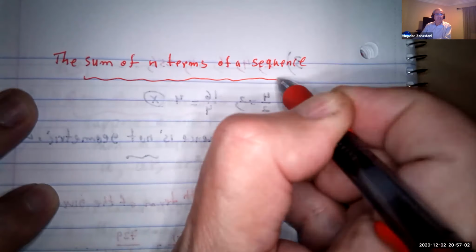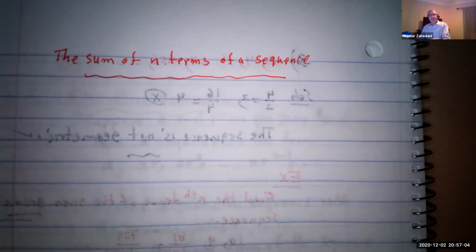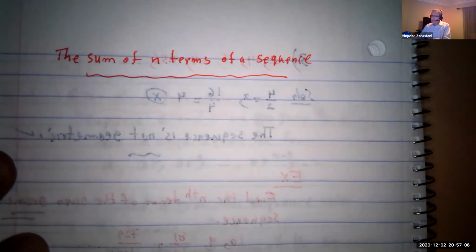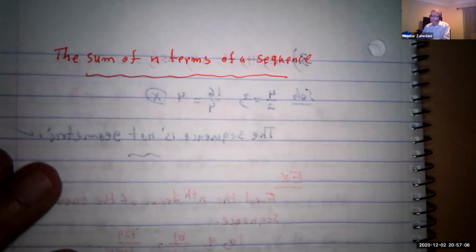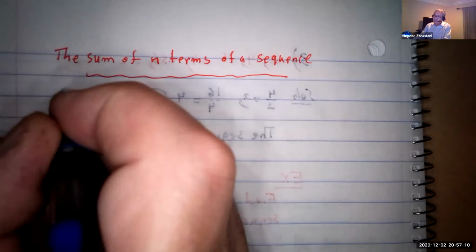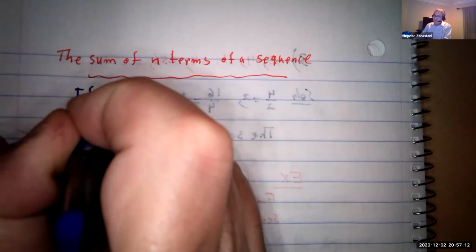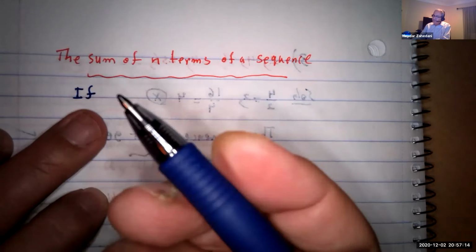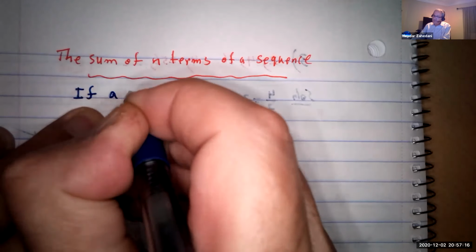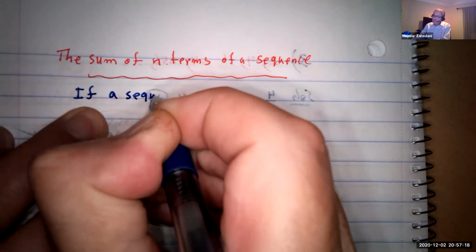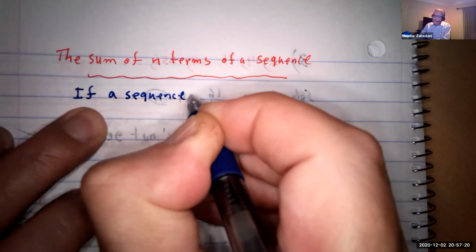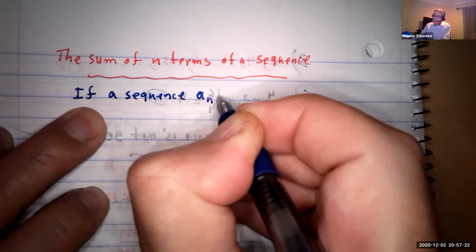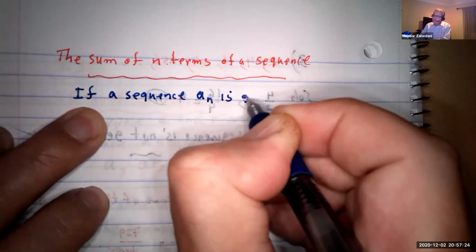And then we get the geometric one, which is a very nice formula that we use in science. Okay, so this is it. If you give me a sequence an is given,